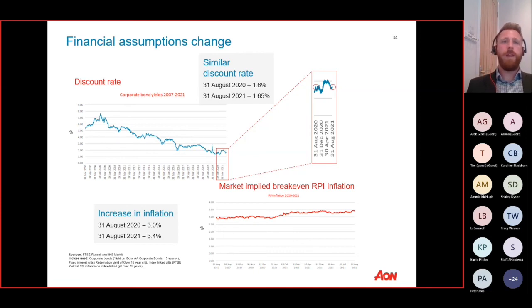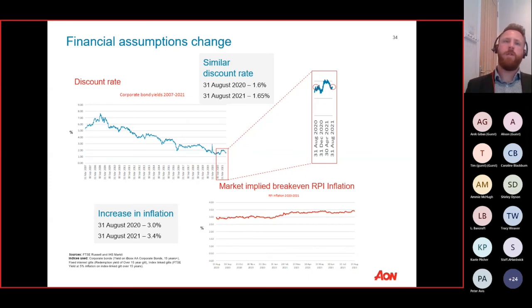Remember, as we've talked about already, this has to be based on corporate bond yields. That's prescribed by the accounting standard. And the chart from the top left is something that Eric showed earlier, where he noted that corporate bond yields and therefore accounting discount rates have been falling for some time. So it's not easy to tell from that chart what the figures are at the last accounting date, this accounting date. So in the top right hand section of the slide, I've zoomed in on that little section there, and